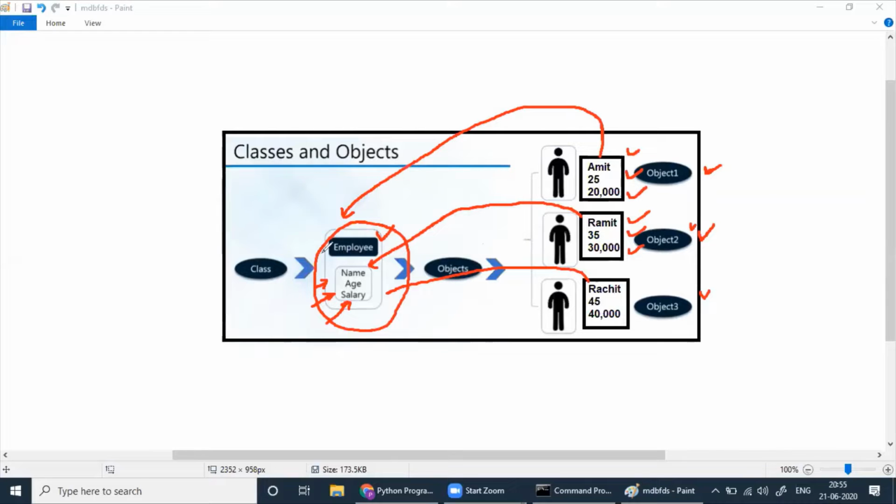So always make names that way. Last time, today I wanted you to correct, remember? Randomly I took the names, so this time the name will change a little. Whatever Employee class we have taken here, we talked about name, age, and salary everywhere. So when you say your object 1 is this guy, first of all, remember, this must be an employee. When you talk about object 2, this must be an employee. When you talk about object 3, this must be an employee. Okay, that way. Let's go back now.